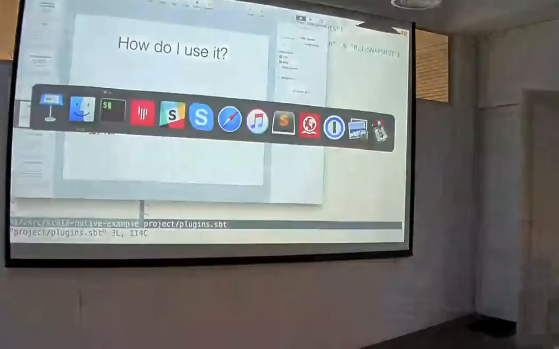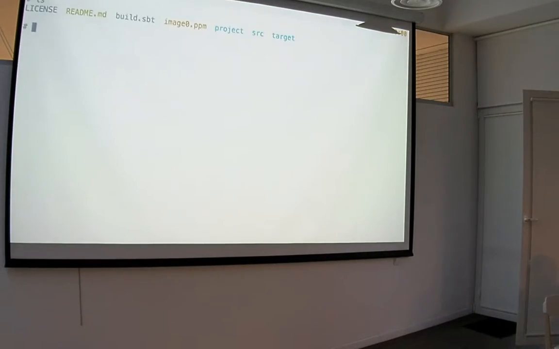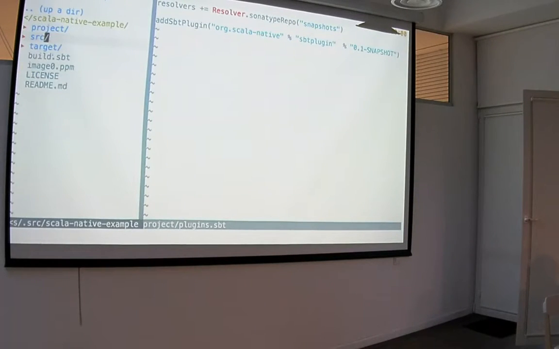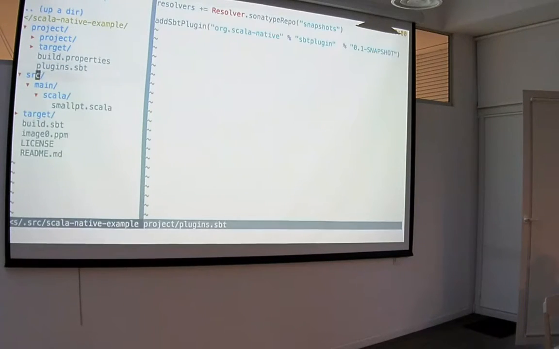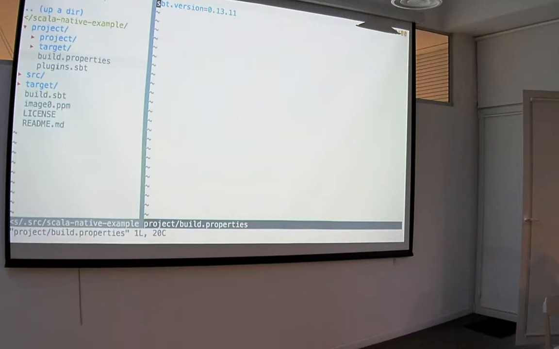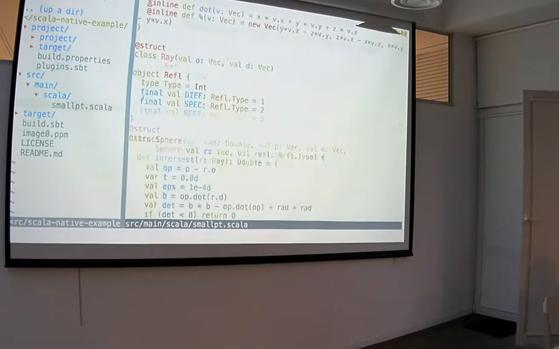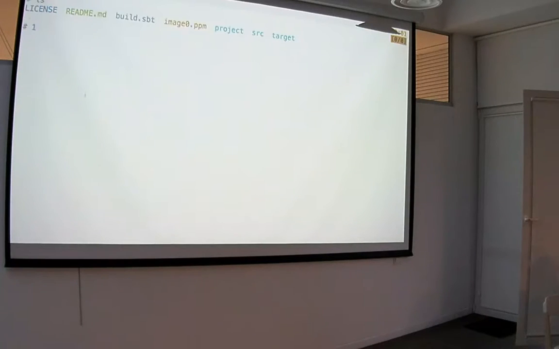Here I already cloned the repo, and I'm inside it. This repo is actually a very simple thing, with a very simple project structure. It has a build file with a fixed Scala version, and it enables the Scala Native plugin. It has a bit more config that adds plugins, just a few lines of configuration really, and a simple one-file app, which is actually a ray tracer, so it will produce a pretty image when you run it.